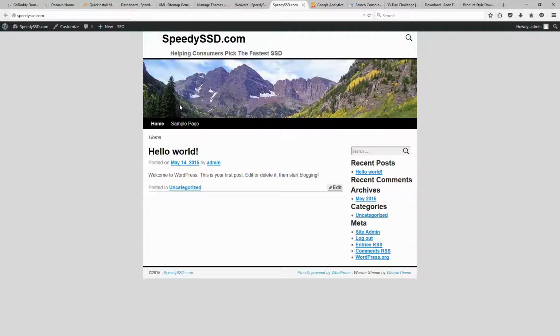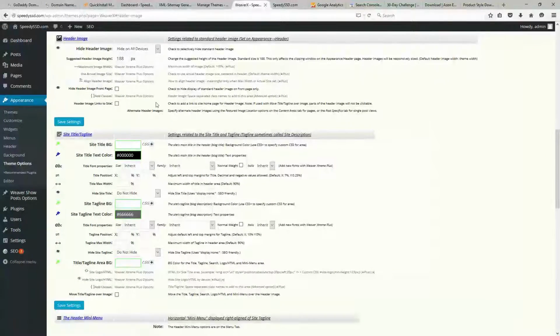That is something that it is okay to do. If you can just use a graphical picture though, and still have these actual words at the top of your site, that's really the best way to go. However, you don't have to have a logo. You can simply just do what I'm going to be doing to this site here and hide the header image